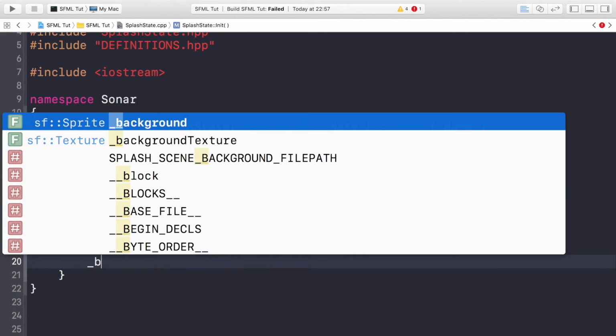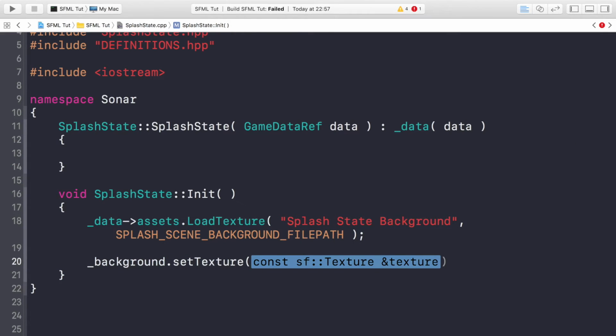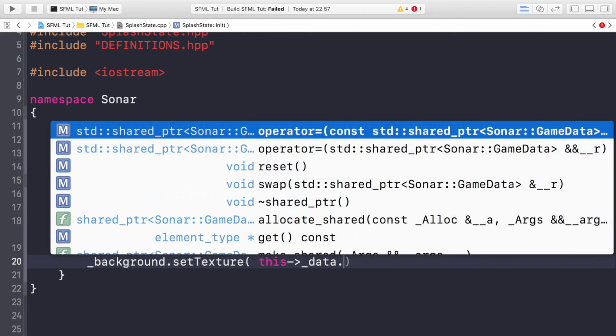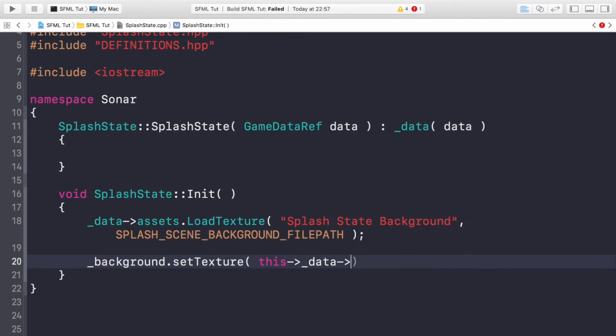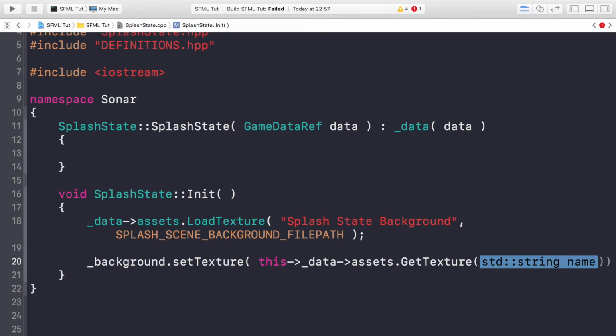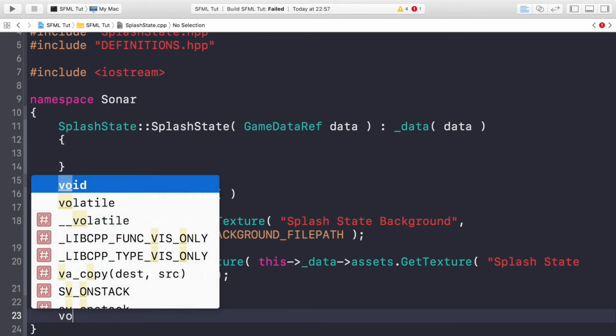and to set the texture we just do underscore background dot set texture, and then we're going to put this underscore data assets dot get texture. Now, because we've already loaded it, we just need to retrieve it, and then we put the name, which is splash state background, like so. And now we're just going to put void